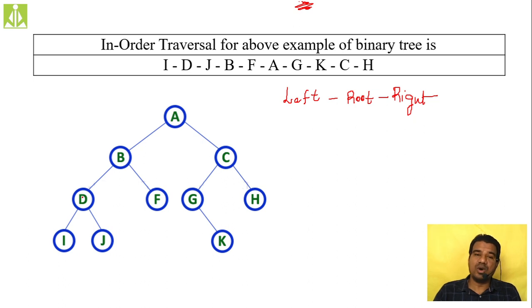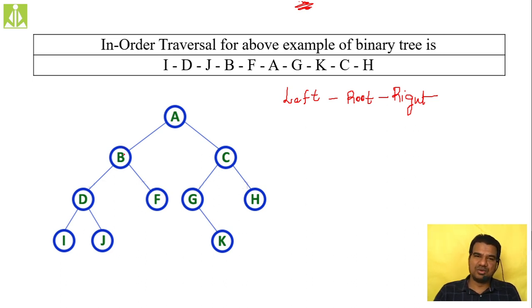We do have left, so move to the left, I. Now I make I as root node. So whenever you are visiting a particular node, immediately make that node as root node and recursively perform the same instruction. We did the same thing when we were at A: we made A as root node, and we should not visit the root. First we have to visit the left. So as A is my root, I have to go to the left and try to visit B by making B as root.